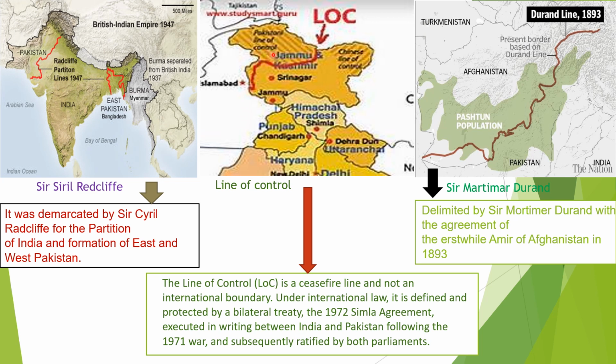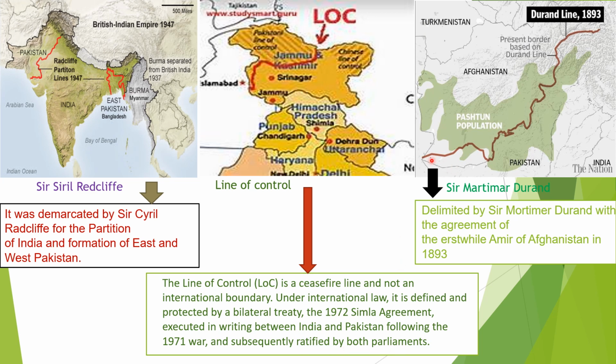Then look at this. These lines are called LoC, that means Line of Control. It is a ceasefire line and not an international boundary. Under international law, it is defined and protected by a bilateral treaty, the 1972 Simla Agreement, executed in writing between India and Pakistan following the 1971 war,